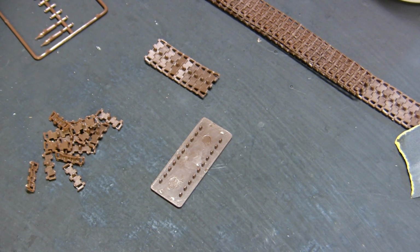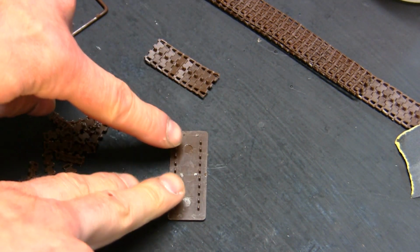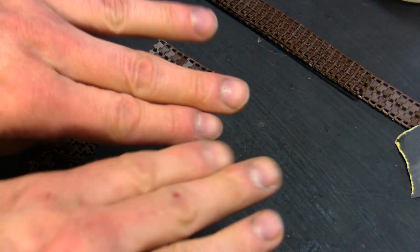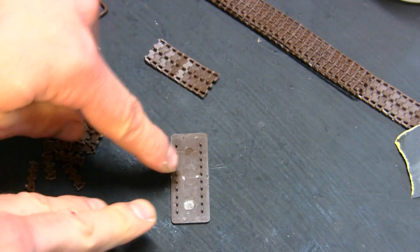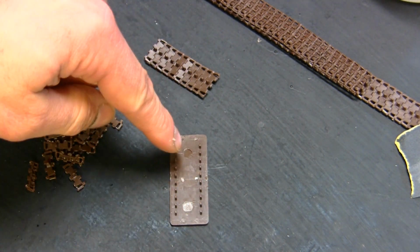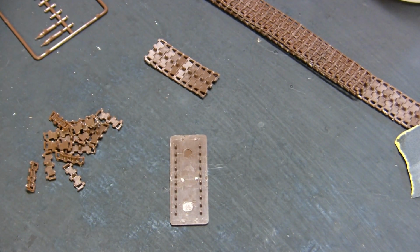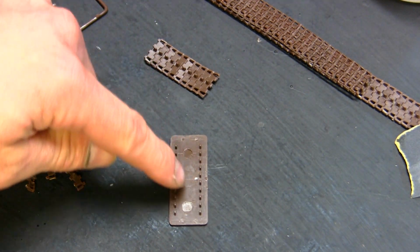The other thing that I noticed about this particular jig is that after about 5 or 6 links, the hinging tends to not really fit all that well on some of the ones towards the bottom. I don't know if maybe something is out of spec here on the jig, but regardless, if you try to just load this thing up to the max and then try to pin it together, it's actually going to slow you down. Me personally, the way I utilize it is that I just assemble 2 links at a time,